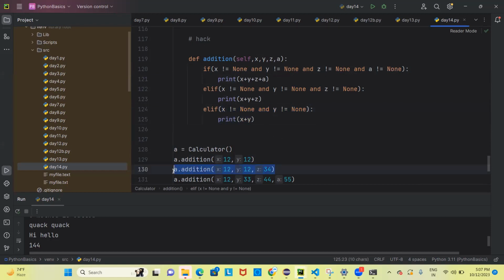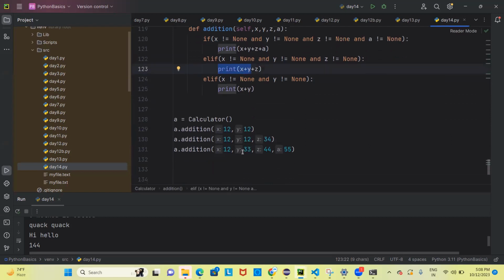Whenever I'm calling this with the three values, this will be false as a is not equal to none is false. But this condition will be true because the value for x is there, so it is not equal to none. Value for y is there, so it is not equal to none. And value for z is also there, so it is also not equal to none. So this will be printed. And when I have all the four values, the first condition will be true because I have the values for all four. So all the four values are not equal to none. So now if you run this,